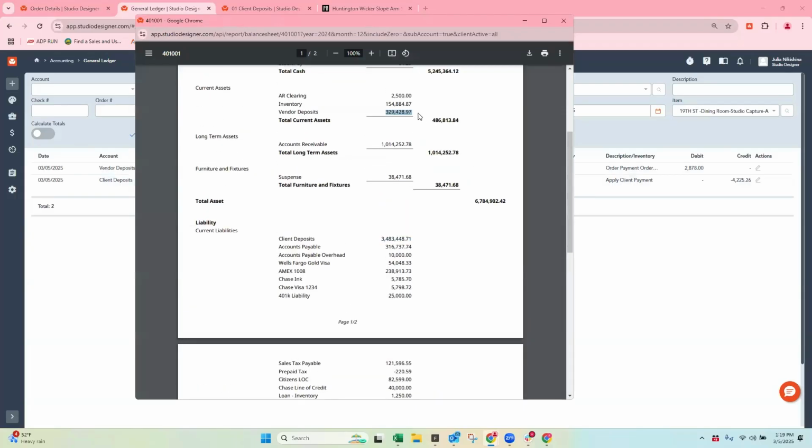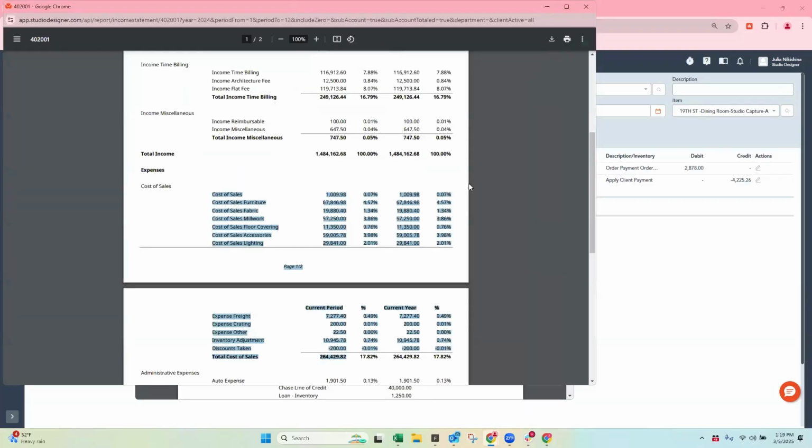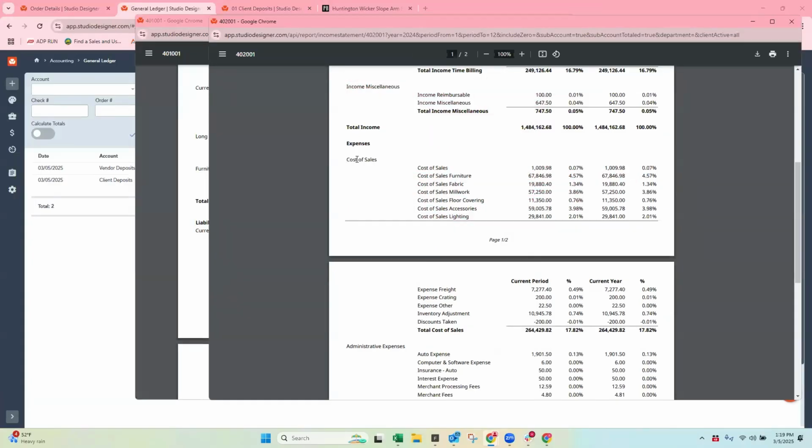And it's the dollars tied to product on the purchasing side that hasn't yet been invoiced. So vendor deposits and client deposits convert to income sales and income and cost of sales.